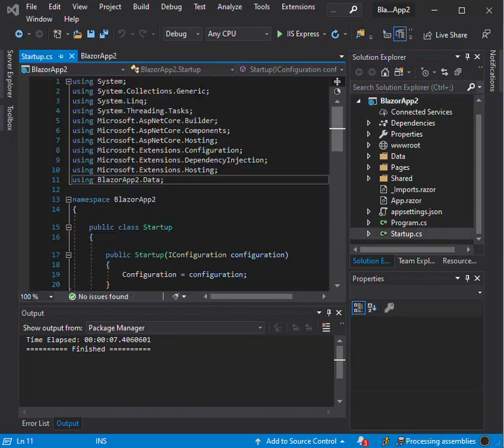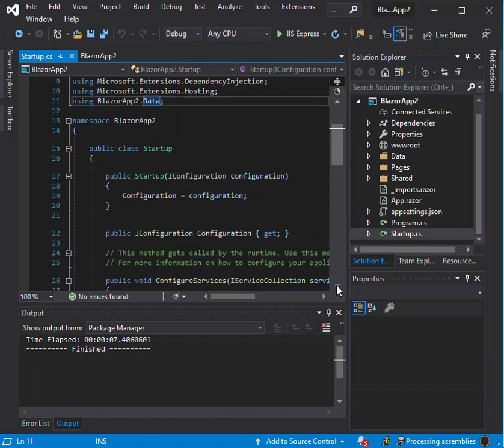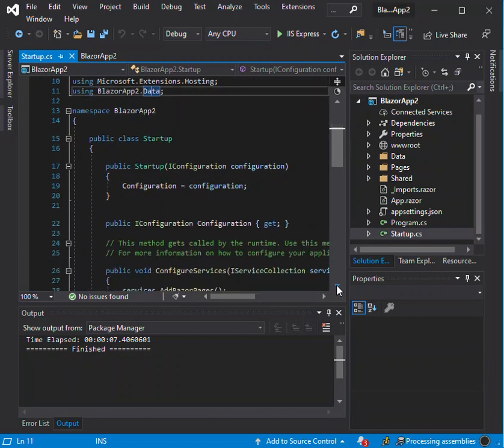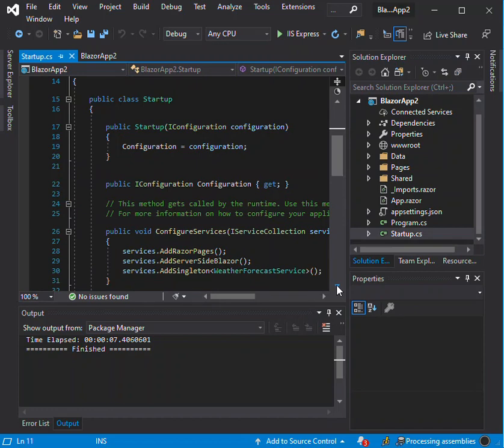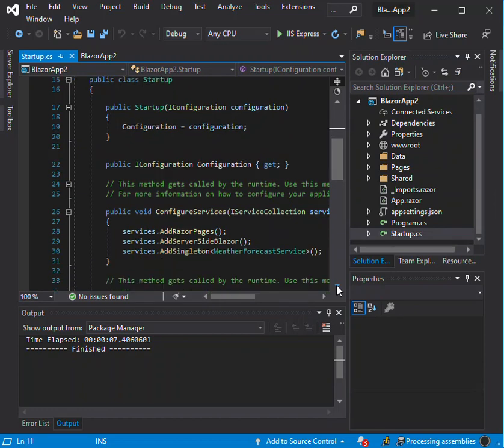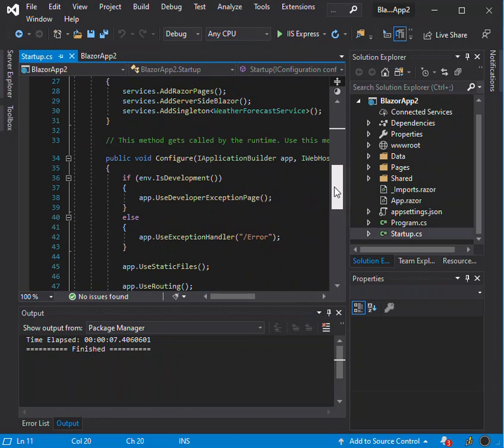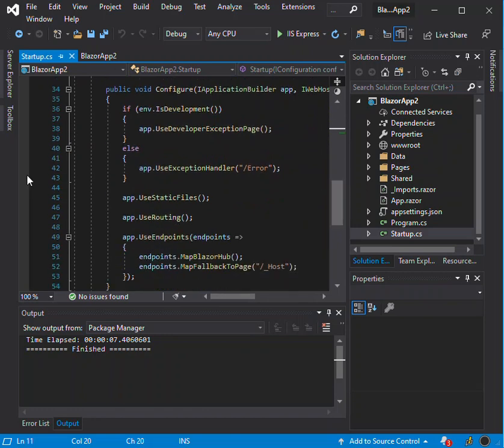startup.cs. So as you can see, the startup is not much different. It's pretty much the same as the usual .NET Core application startup. But if you look at the configuration, we've actually registered these services: add Razor pages, add server-side Blazor, add singleton, that's the weather forecast. That's just a service that is used in this boilerplate. And if you go down,